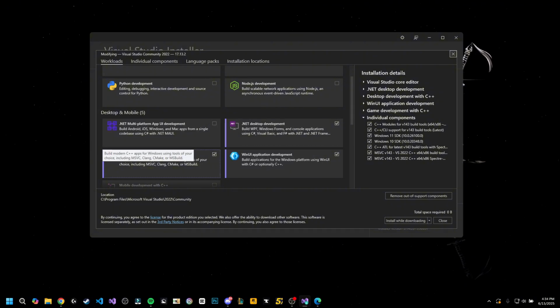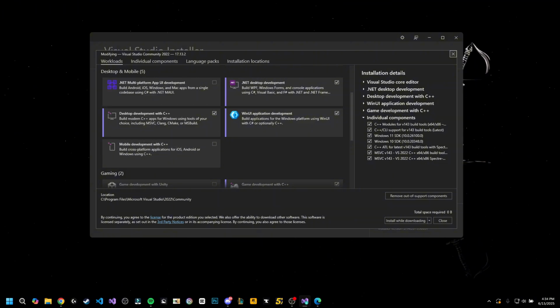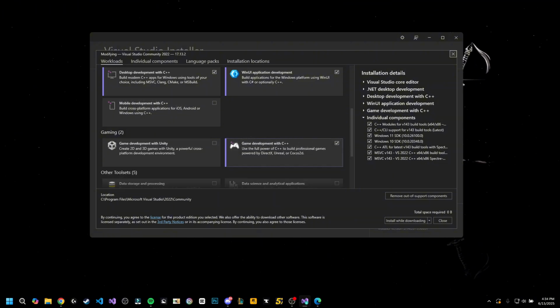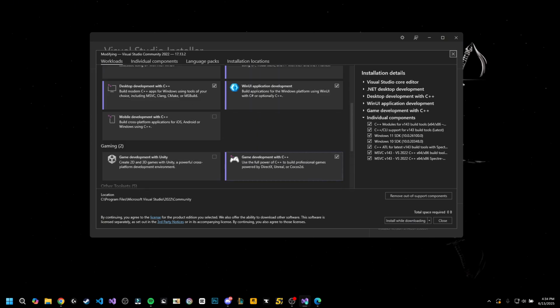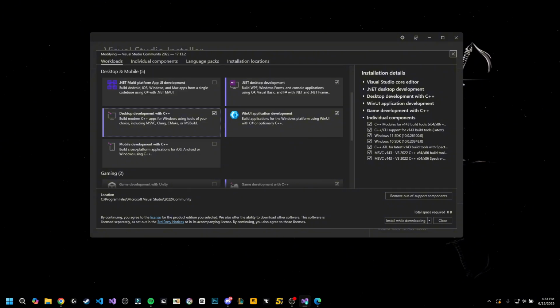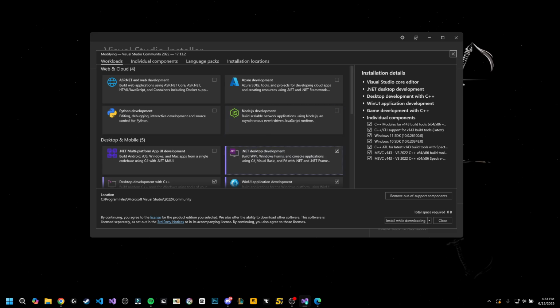It will be desktop development with C++, and it will be game development with C++. This is the most important one because it contains DirectX stuff. So these are the three important things you need: desktop development with C++, game development with C++, and .NET desktop development. Even though we are not going to work in C#, it contains some useful